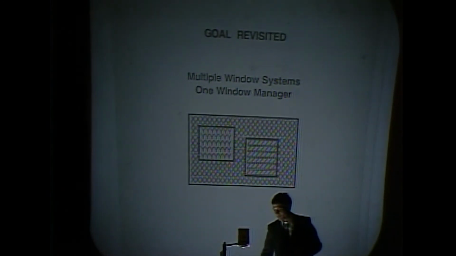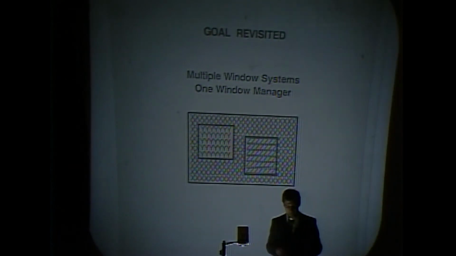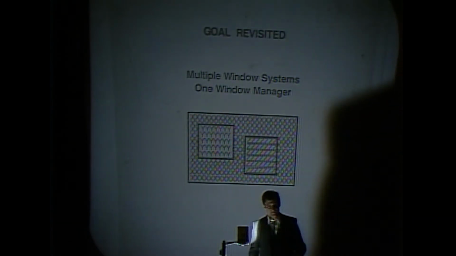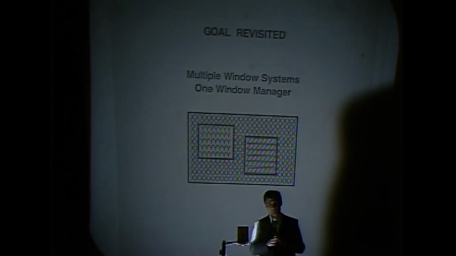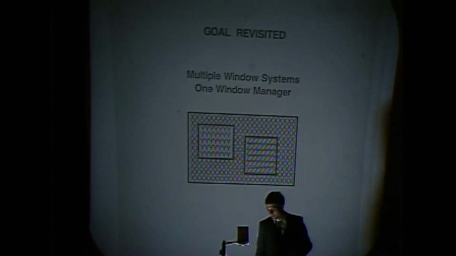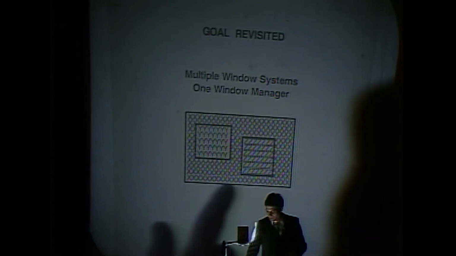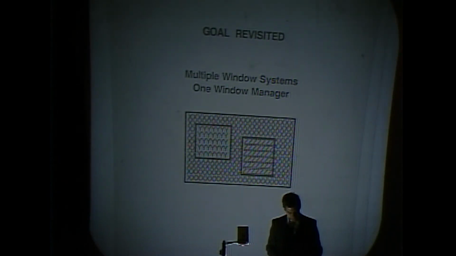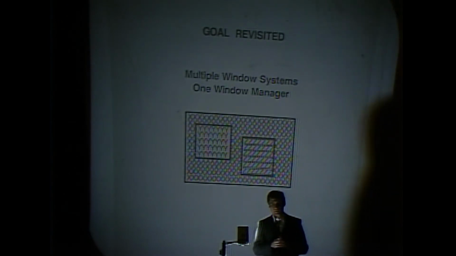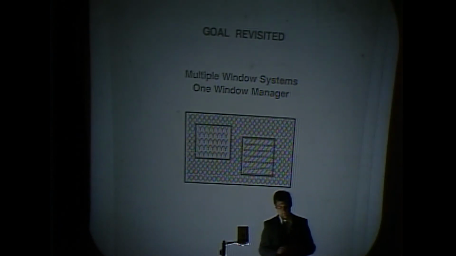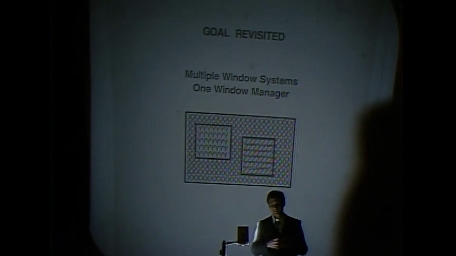Before I get on to the implementation, let me talk a little bit more about what it means to have shared window systems. One point is that by sharing the window system nucleus, all the window systems can access all the windows on the screen, even the ones they didn't create. In this example, you see the X window is the root. There's a Y window, one of the children, and a Z window, one of the children. And if you run an X window manager, for example, you'll be able to move and resize the X window and the Y window. One of the tasks in integrating a window system is that you need to fix it